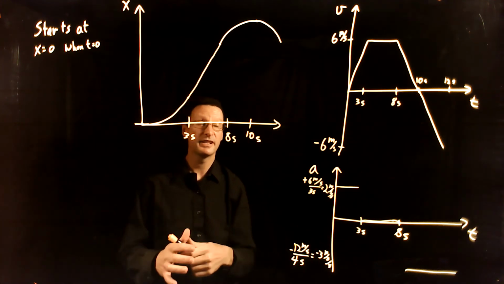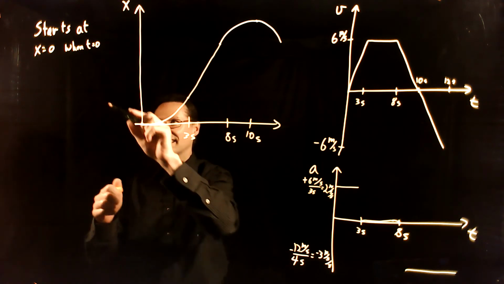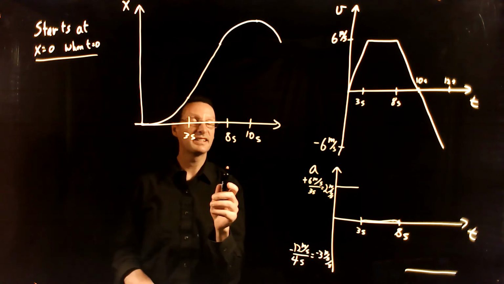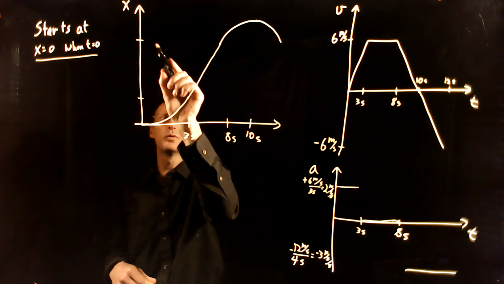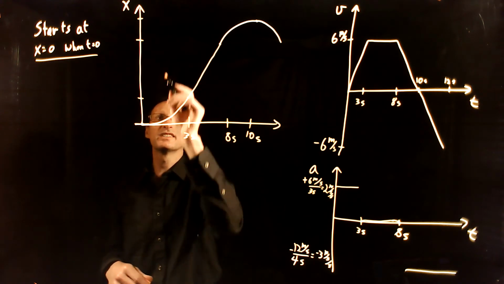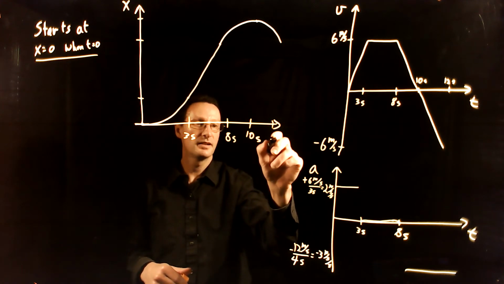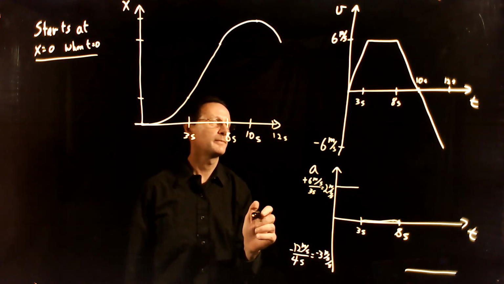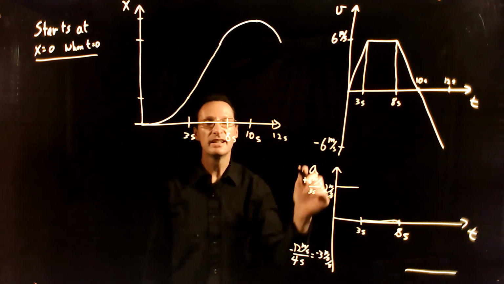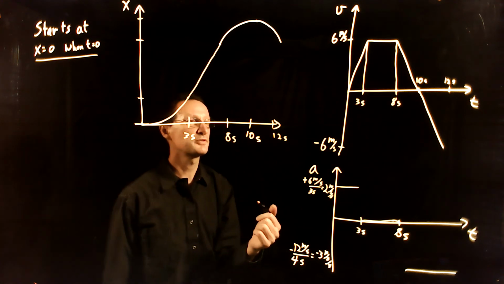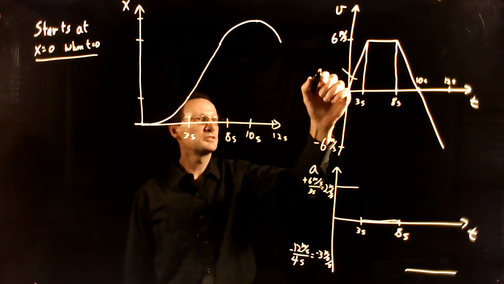So now I'm ready to fill in the values here. Since I needed this to know this, I can build on that and figure out, okay, where is it at 3 seconds? Where is it at 8 seconds? Where is it at 10 seconds? And then where is it again at 12 seconds, at the very end. Okay, so to do that, I can just find the areas here. So I'm going to break this shape up into several different triangles. The area here is going to be,